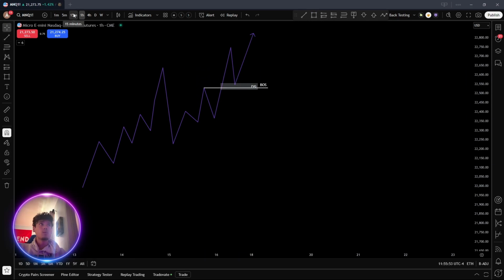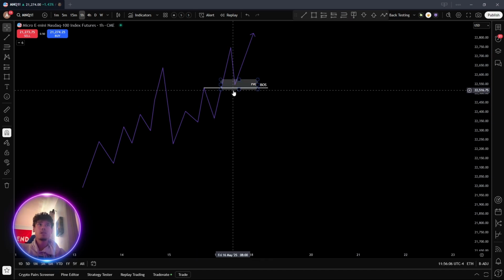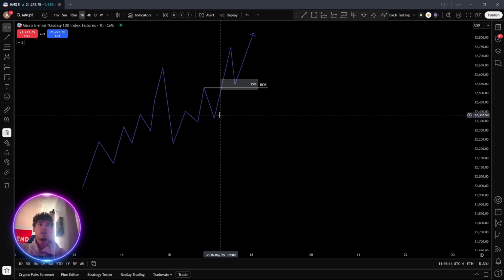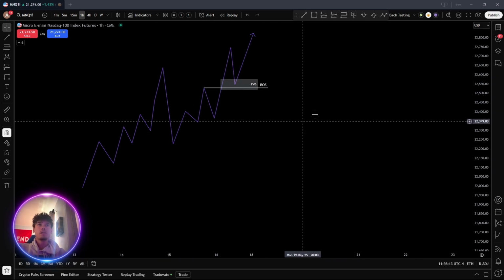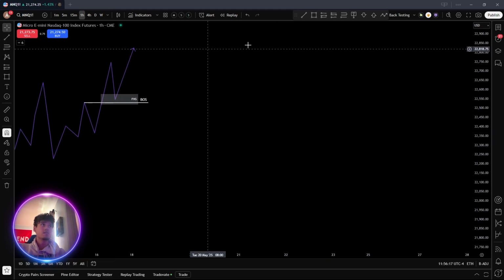So now we would drop down to the lower time frame to try to find any smaller fair value gaps. Then we use our Fibonacci tool to try to find our discount area to the 0.5. And overall, on the higher time frame, if this is an uptrend, this would continue to go higher. So this would be one very simple strategy. Next strategy is